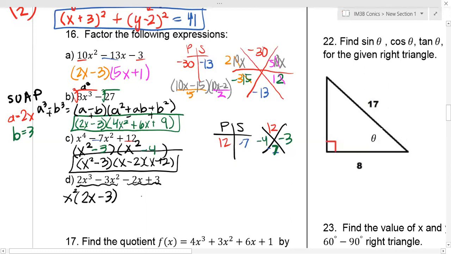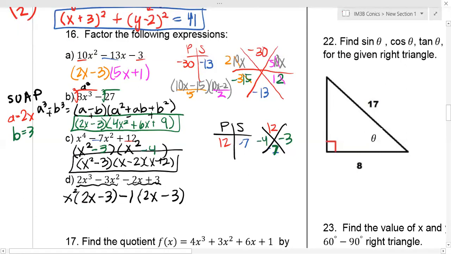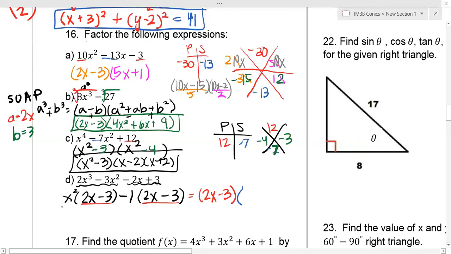And so remember that when we factor by grouping, our second group, what's inside the parentheses, should be exactly the same. And so notice that 2x and 3 have nothing in common. It's almost what we have here. And so what we actually have to do is factor out that negative 1. So I need to factor out the negative, then the 2x is positive, and then the 3 turns negative. And so then remember that they share this 2x minus 3. So I'm going to factor that out. And when I factor that out, I'm just left with a coefficient. So I'm left with x squared